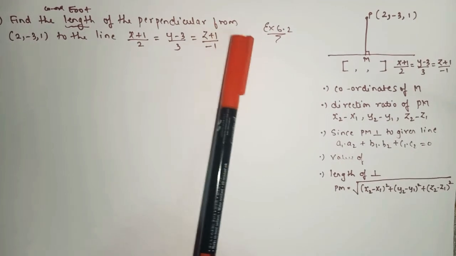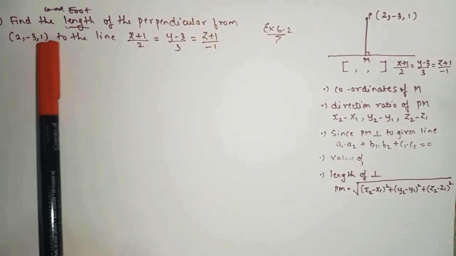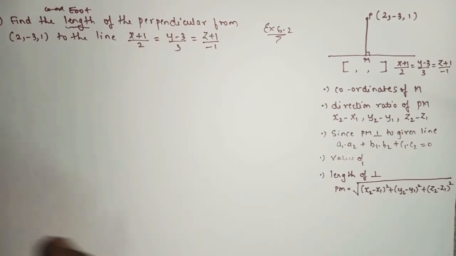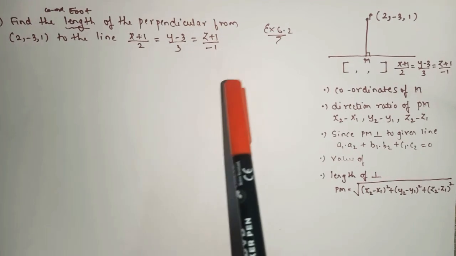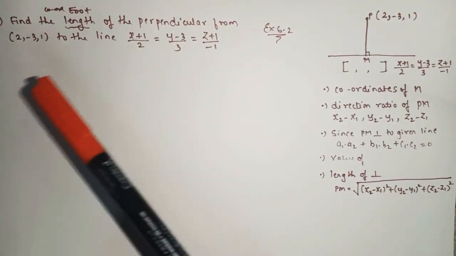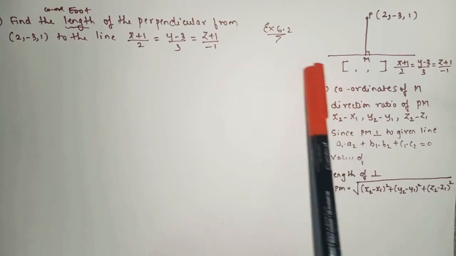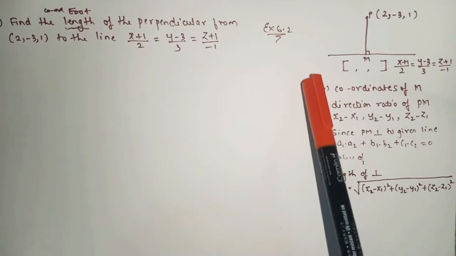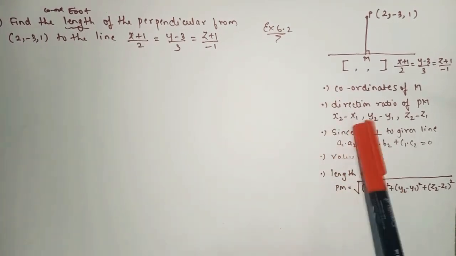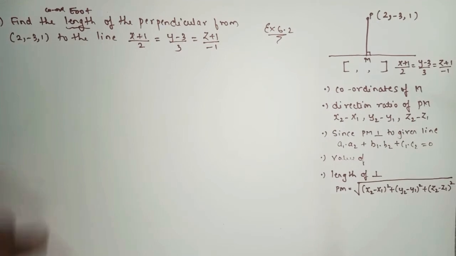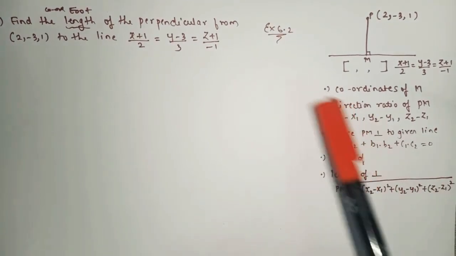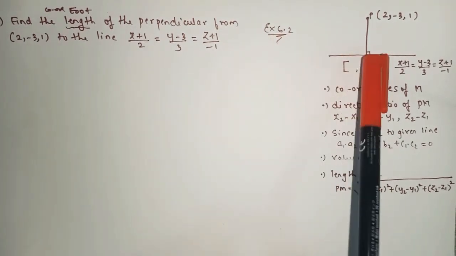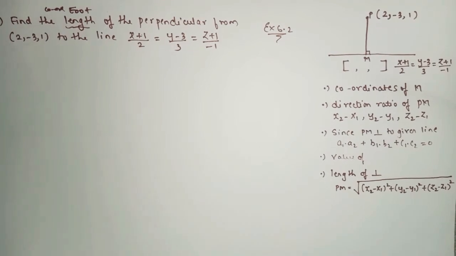As we can clearly see, here we have one point and here we have one line. This line is known as the Cartesian equation. Now let's see how to present the sum. Before that, here we have some points which you have to keep in your mind while solving this sum. Just follow these 5 easy steps to get your answer. Now we'll try to solve this sum using a diagrammatic form, so it will be easy for us to understand.